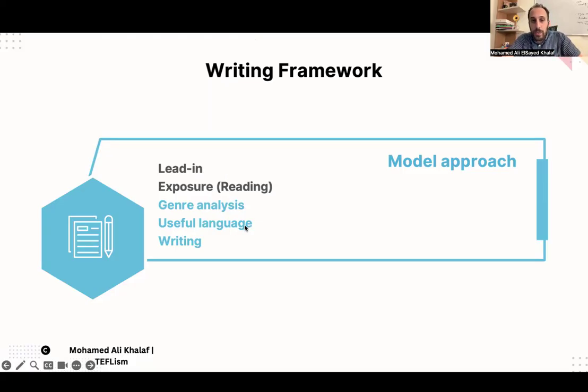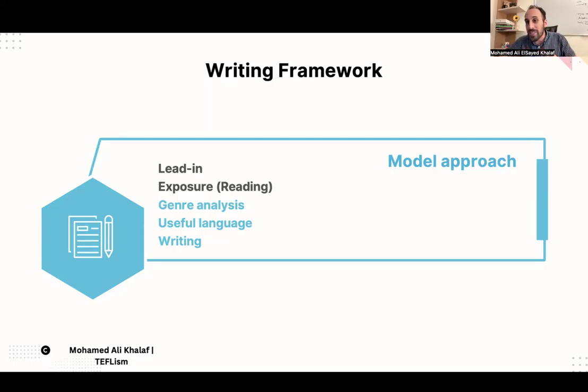The useful language, the genre analysis, as I said, what are the components of this piece of writing? Okay, with introduction, the body, the closure. So in the introduction, you speak briefly about your qualifications. In the body, you talk about your skills and the availability. In the closure, you just thank them and tell them that you're going to wait for the response. And you say yours sincerely and so on. So that's how we organize it.